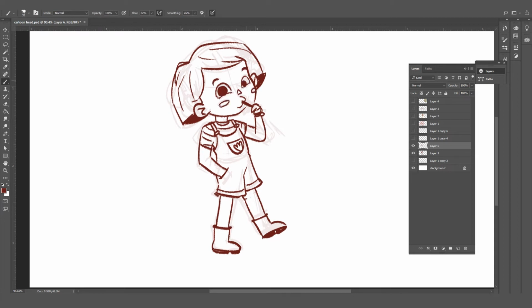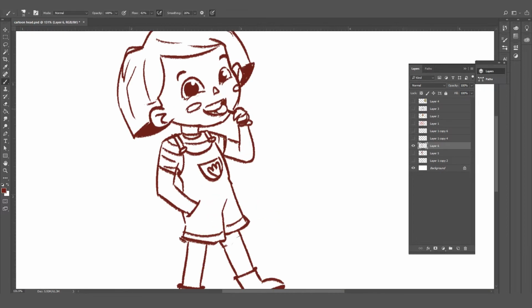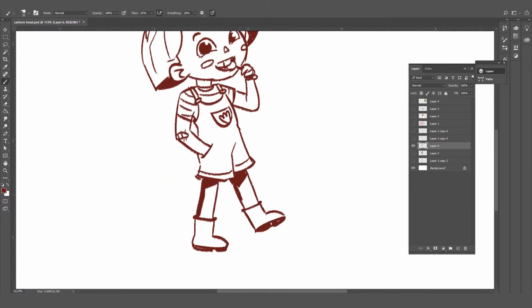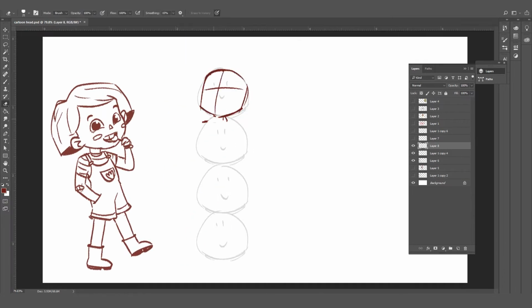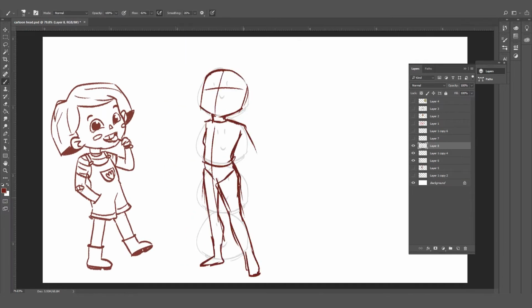I'm using 3 heads length for the character. I want to show a very carefree girl here with a lollipop and some boots so that she can happily march around, and as you can see the character is 3 heads long. So now that is done, let's design one more character which is like 4 heads long.